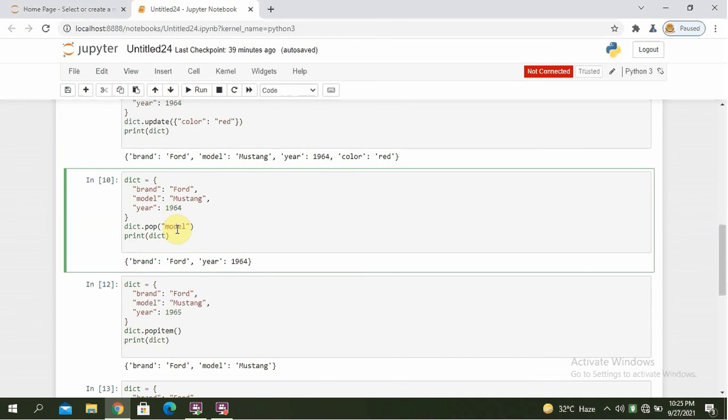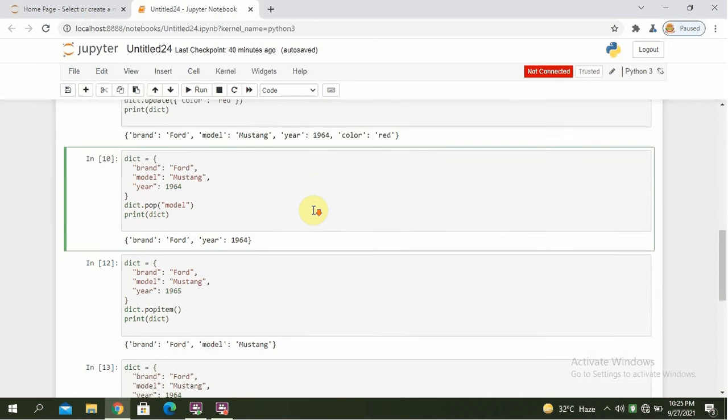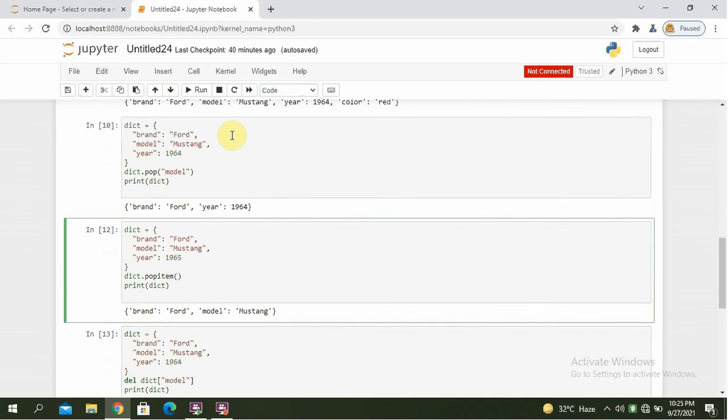Dictionary dot pop model. Print dictionary. Run it and the output will be brand colon Ford, year colon 1964. Here the pop method removes the item with the specified key name, pop model colon Mustang.